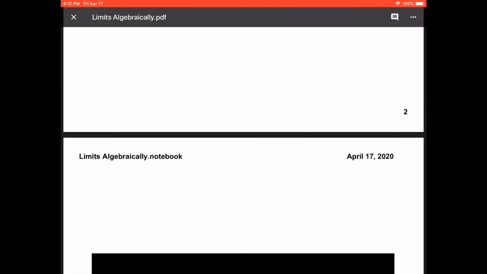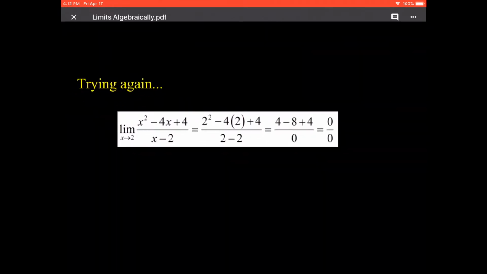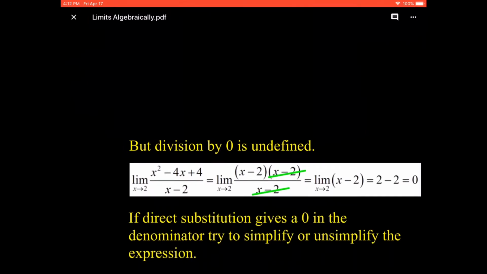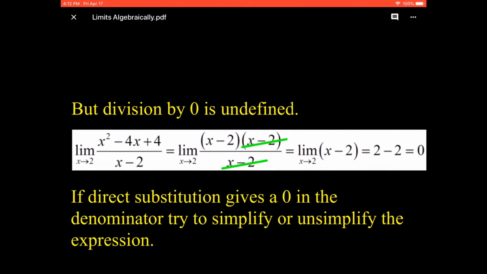Alright, let's try again with direct substitution, with this one: the limit as x goes to 2 of x squared minus 4x plus 4 over x minus 2. So if we put 2 in for the x's, we'd get 2 squared minus 4 times 2 plus 4 over 2 minus 2. Up top 4 minus 8 plus 4, down low 2 minus 2 is 0. And that's going to be a problem for us because we can't do division by 0. Division by 0 is undefined. Alright, if we take a look at that though,